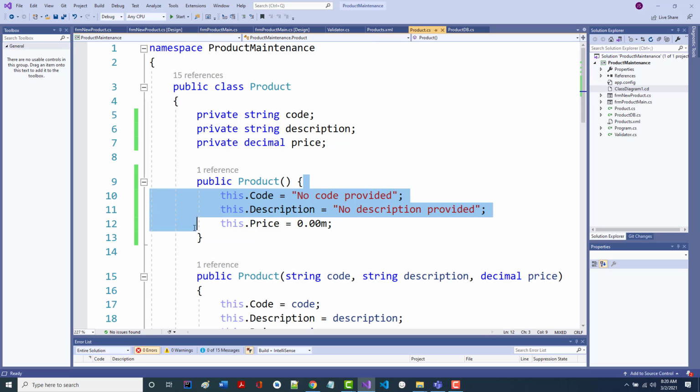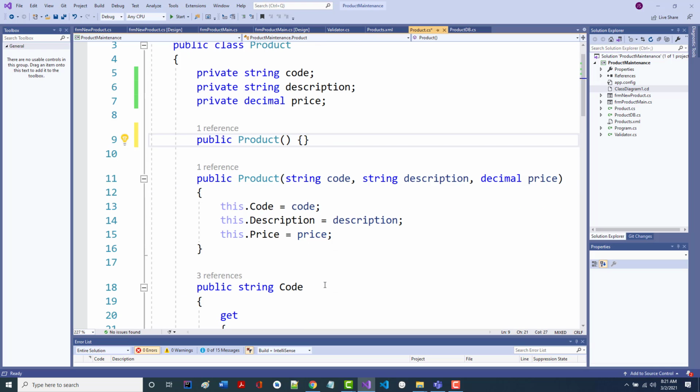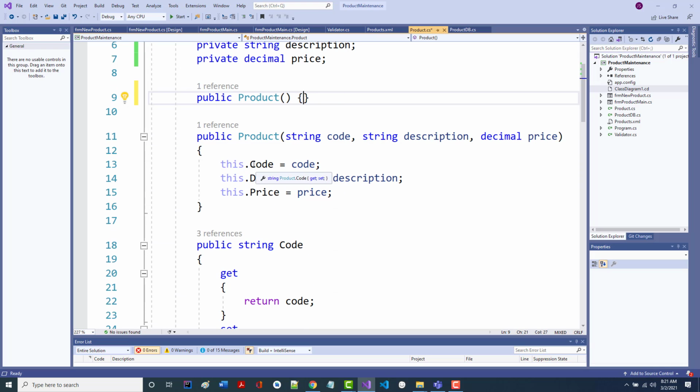Now I'm going to exit, so I don't really need this. It is fine what they did, setting it up like this, all right? Why? Because as we'll see later, it is doing some validation. Again, with this one, notice what it's doing: it's taking whatever you provided for the code, and it's setting it equal to the code.